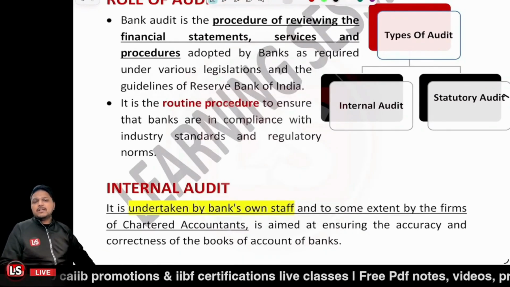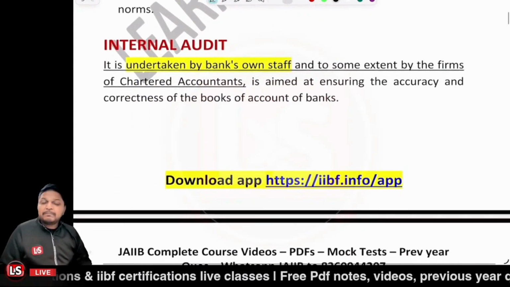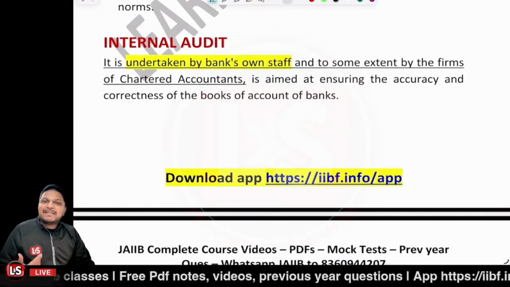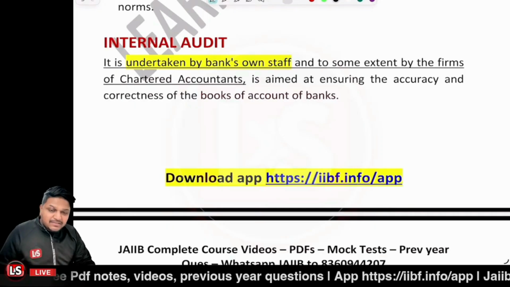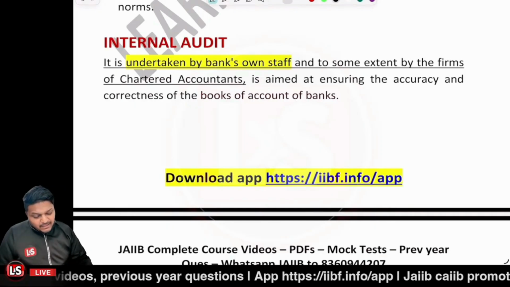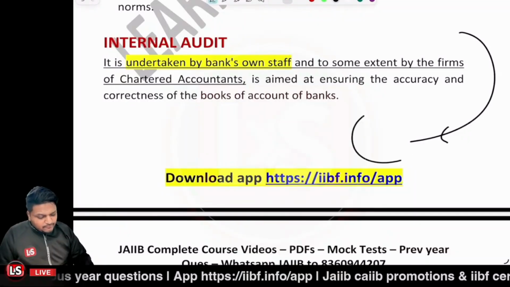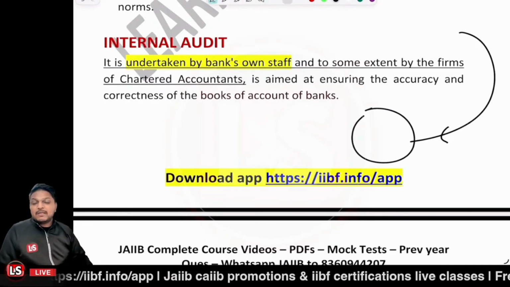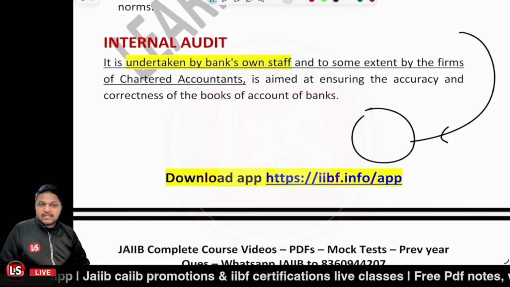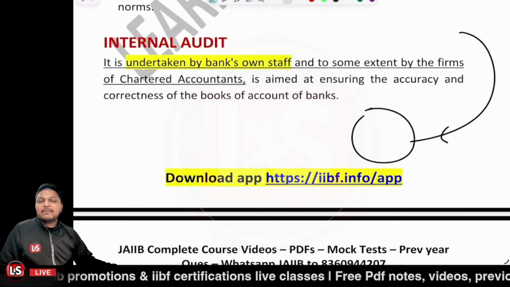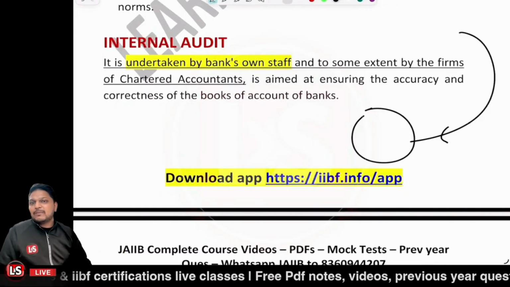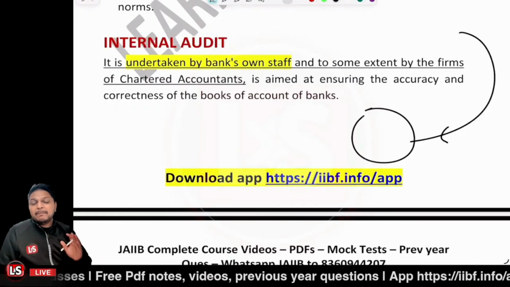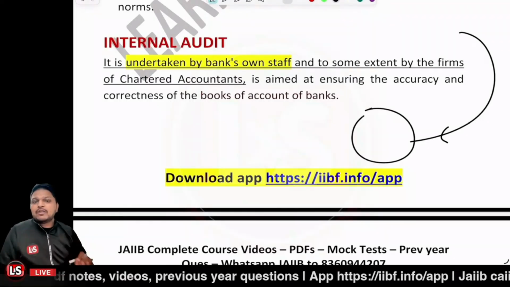So when we are talking about the internal audit, it is undertaken by the bank's own staff. Let's say a person is appointed who is an inspector or who is the auditor, then the person is going to audit the things. Let's say he came to the branch office and further looked into the different patterns or parameters, and further verified that if it is working, if it is being followed or not. That's the internal audit. So it's being conducted by the bank's own staff, or sometimes also done by the chartered accountants which are related to the bank. Okay.